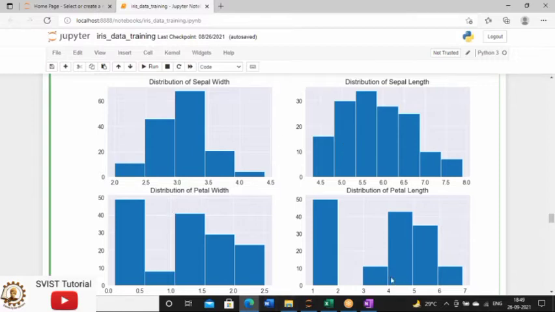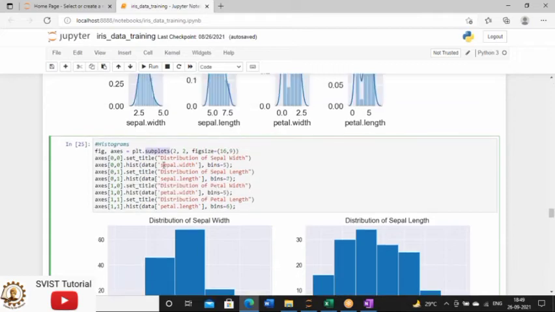Whenever we display this kind of facet plot, these plots are known as subplots. Here we are creating numerous plots together as one whole plot. So this plot has some subplots. This is the basic concept of a subplot, and that's why I'm using the function subplots.